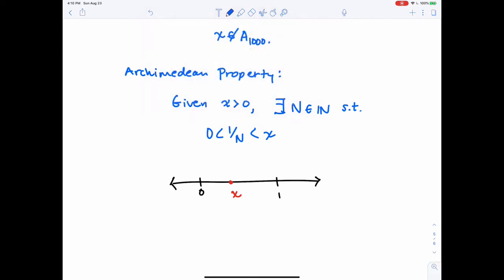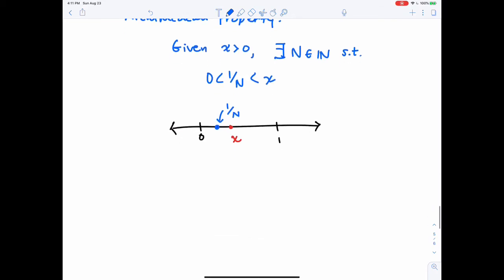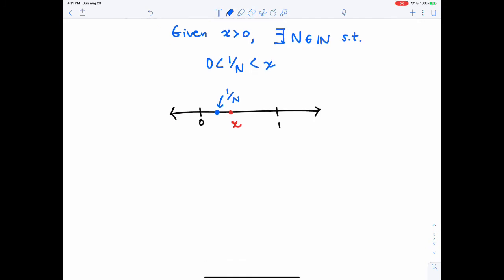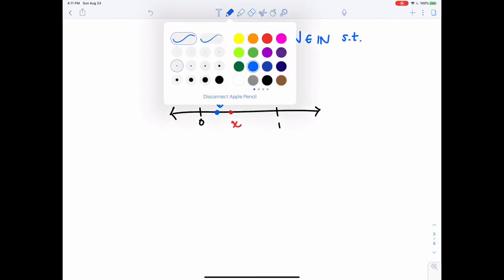But there has to be some 1 over n. I have to be able to divide by a large enough number that's just smaller than x. So if I return to my proof here,